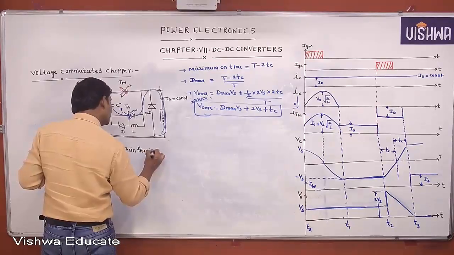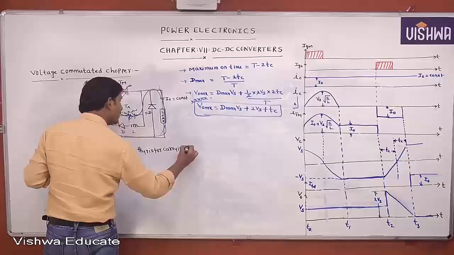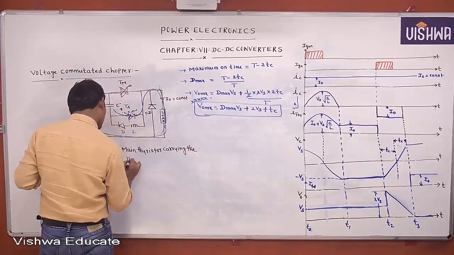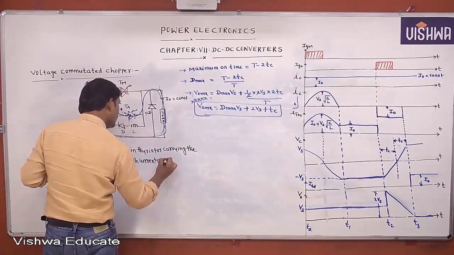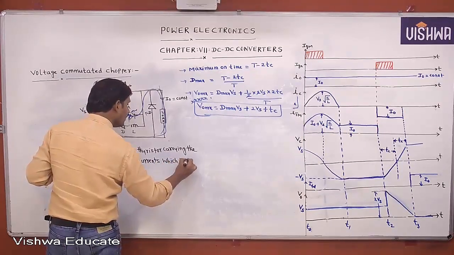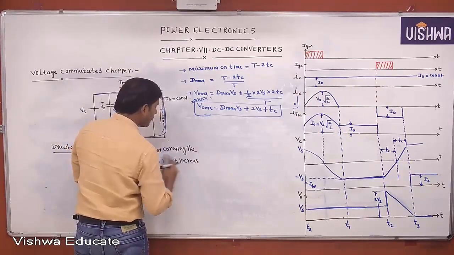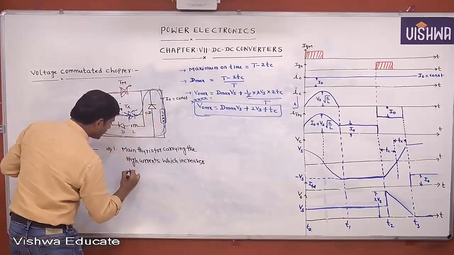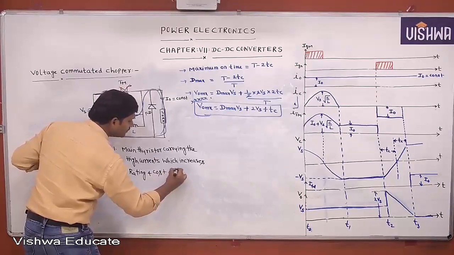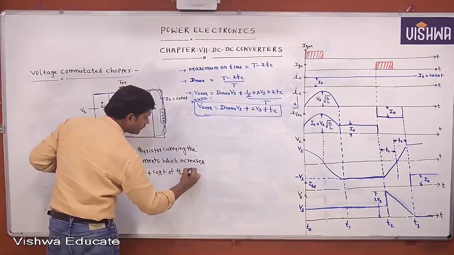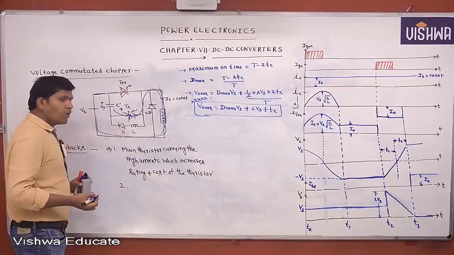Main thyristor carrying the high currents, which increases the rating and cost of the thyristor. This is one drawback. The other drawback is